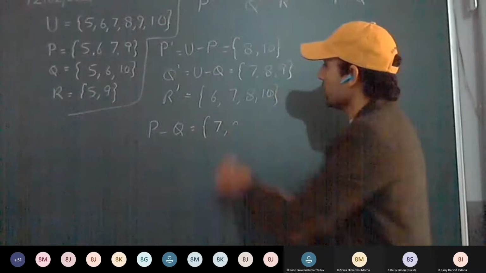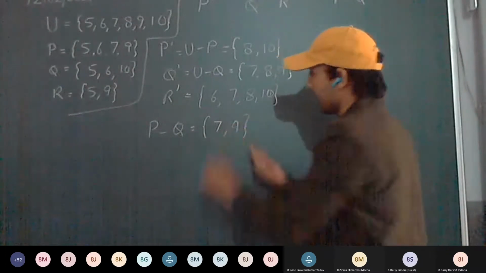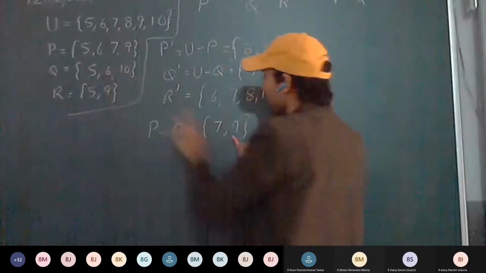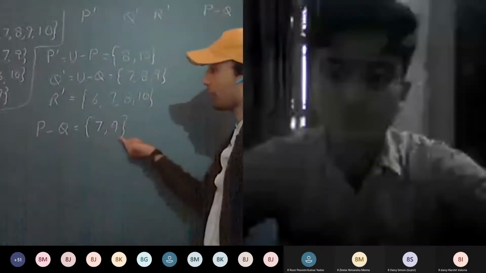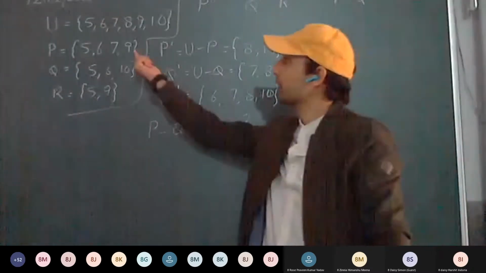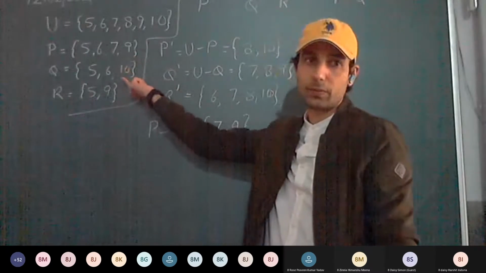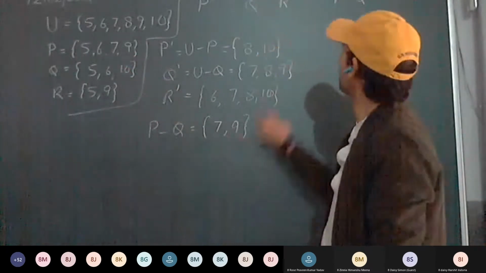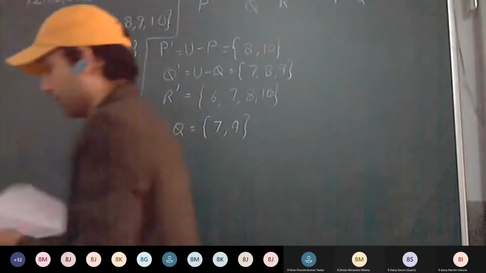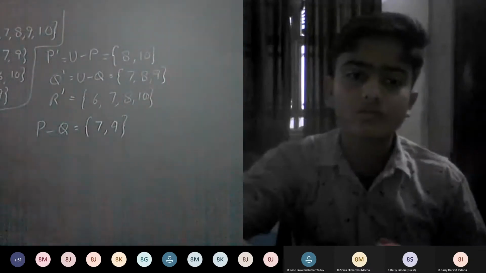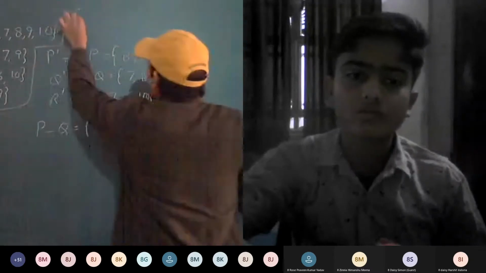So P minus Q is 7 and 9. These are the elements in P which are not present in Q. We got P minus Q. This is clear? So we have calculated all these. Now we have to calculate Q